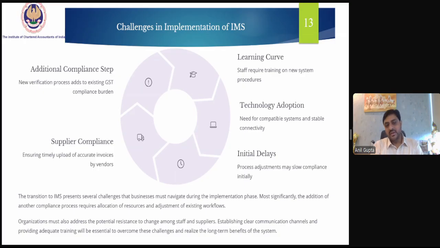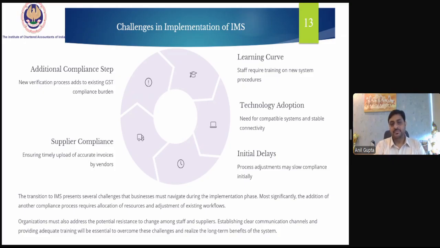So now in the new verification process, the recipient has to undertake additional compliance or reconciliation, which creates a compliance burden. There will be a learning curve. The staff who is handling the ITC needs to be trained on the new system procedures.